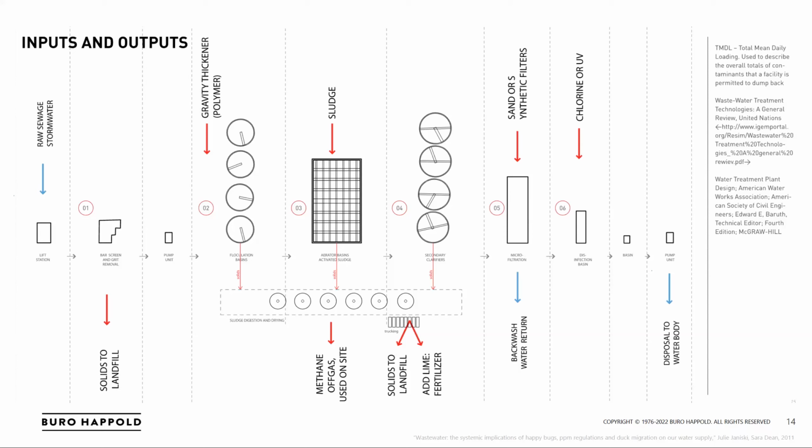But then to really unpack, like, what are all of the inputs and outputs to a system? So this is, instead of looking at an individual site acting as an island, targeting for net zero water, it's looking at a wastewater treatment plant, which if you've never been to a wastewater treatment plant, please go for a tour. They're absolutely fascinating from an architectural perspective, from an engineering perspective, from a systems perspective, like big thumbs